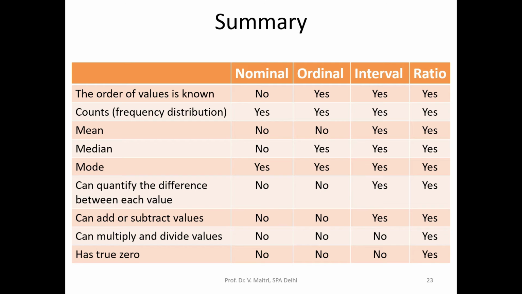So for these 4 types of data which we have done, we can understand very easily from this summary table what we can do with each. A frequency distribution table we can create for all 4 types, and mode we can compute for all 4 categories. But the rest of the things we cannot do, and there are exceptions. Now our location based averages, median and mode, are over.